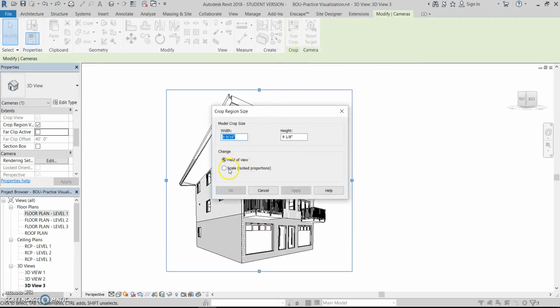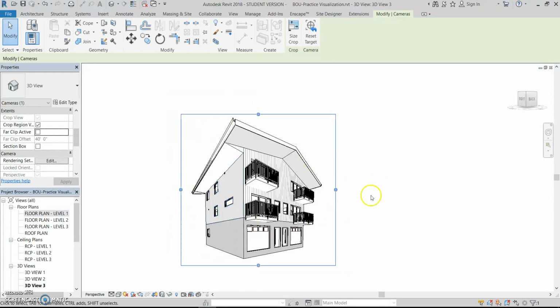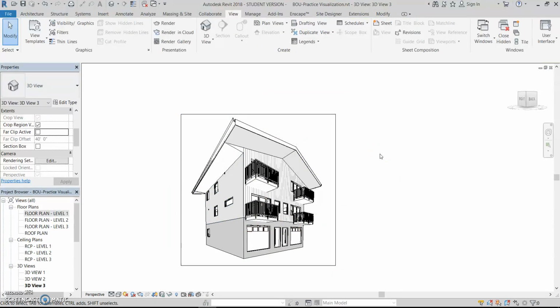What I'd like to do with the crop, after I select it, is size the crop, and now I'm going to check lock proportions. Now if I change the width to 8 inches, the height will automatically adjust. And when I press OK, it's as if I've moved the picture plane. Nothing seems to have changed here, but when we place it on the sheet,